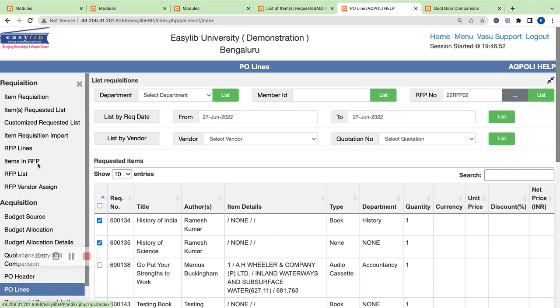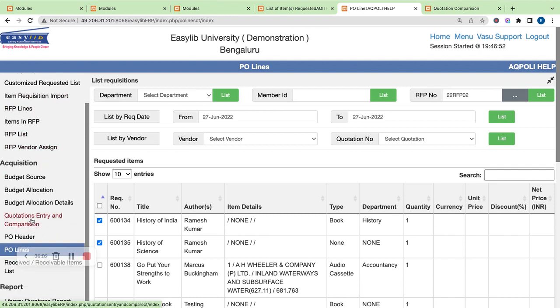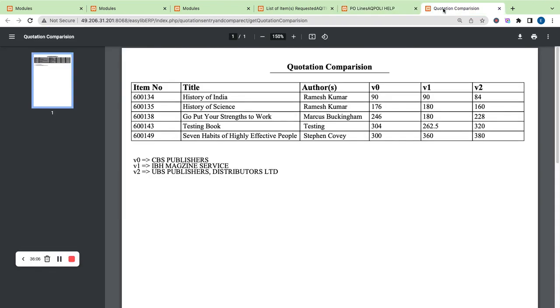Then we went to the quotation comparison and we compared the quotation for that particular request for a proposal. We saw the quotation comparison report, and then you choose two items out of this which you want to place to the UBS, because UBS happens to be the vendor which has given the least price for these two book items, and for other items UBS is not the least one,